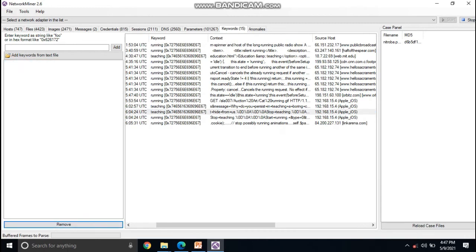Now we are removing the keywords and adding the students' details, by which we can get all the activities done by the students by searching the students' names which are given here, and we can find some clues. So now let's start.